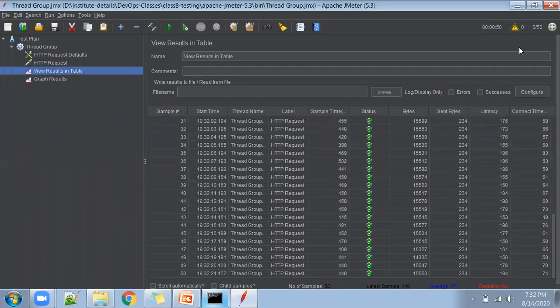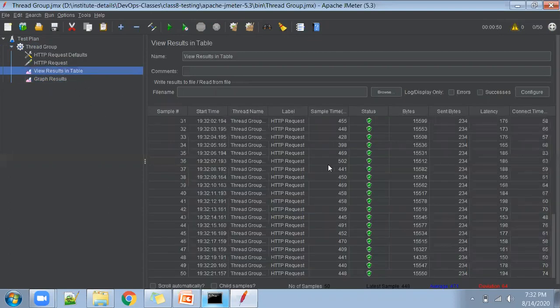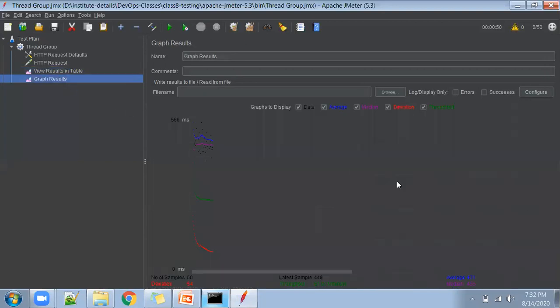I think it is still running. You can see the progress. Oh yeah, it is done. The green button appeared, which means it is done. Now I wanted to see the graph. See, some graph has been shown here because we only ran once. If you run it as a loop, we can see a bigger graph. See all the green color; that means it is able to reach Google.